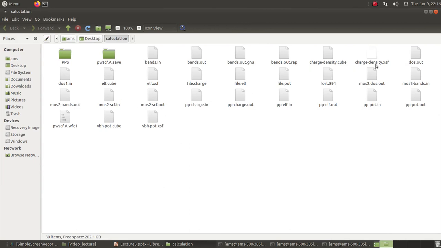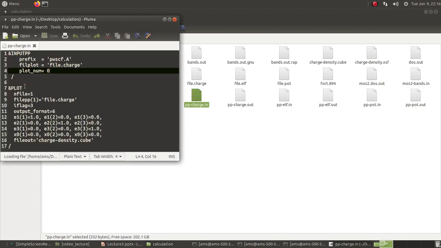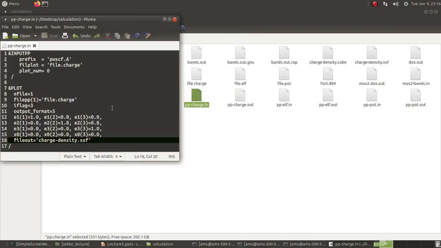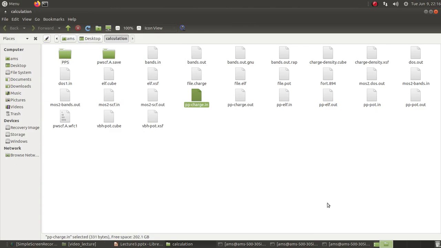Say I want to write it in XSF format, so I will change this output format to 5, and this extension name I will change to XSF, and I've saved this, and if I again run this, it will generate the XSF file format. But mostly I prefer the cube file format. It depends upon the visualization tool you are using.